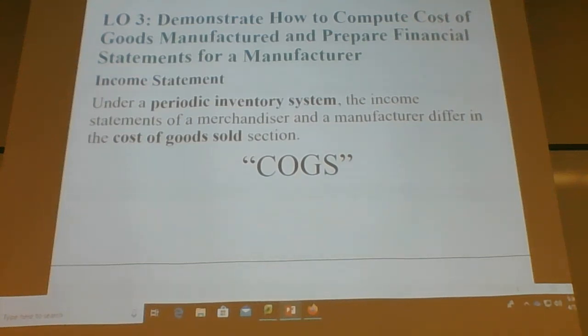Okay, so we're moving on to learning objective 3. And again, we are dealing with a manufacturer. So we need to discuss the concept of cost of goods sold. We talked about, in previous slides, product costs and period costs. And any cost that is a product cost is going to ultimately show up on the income statement in cost